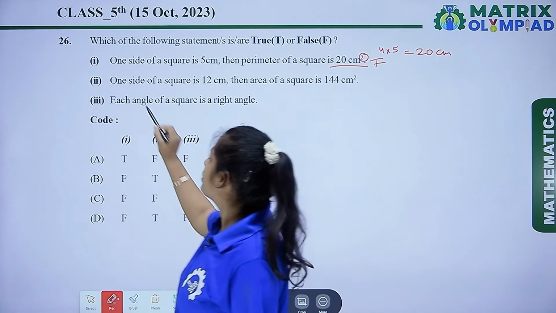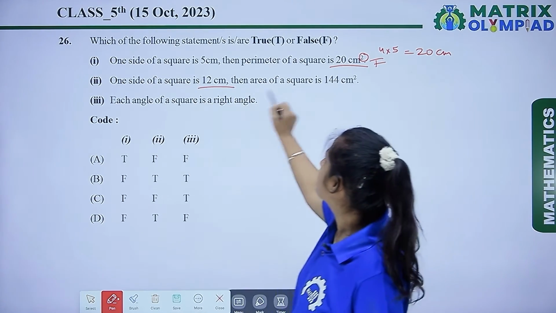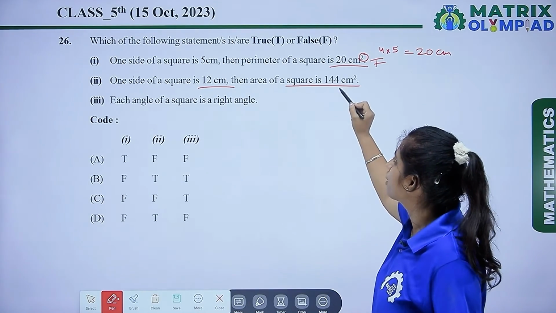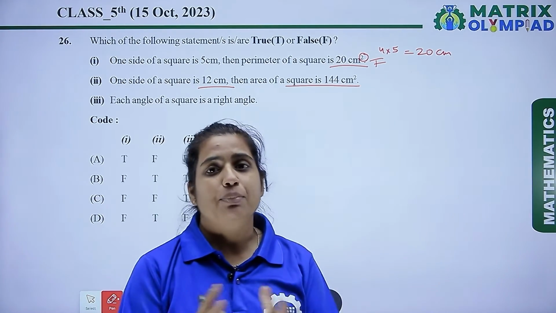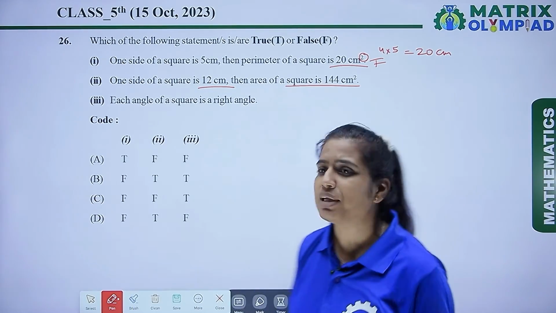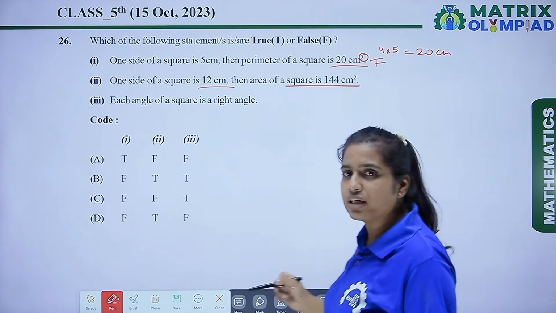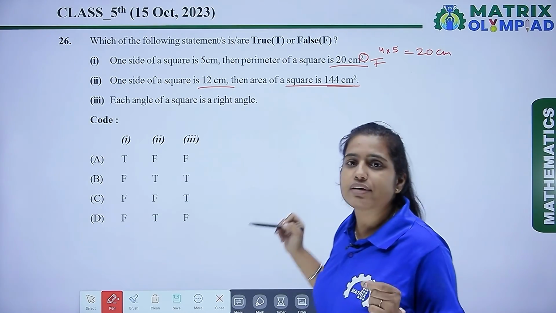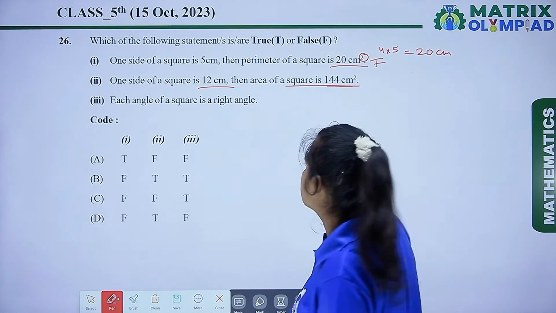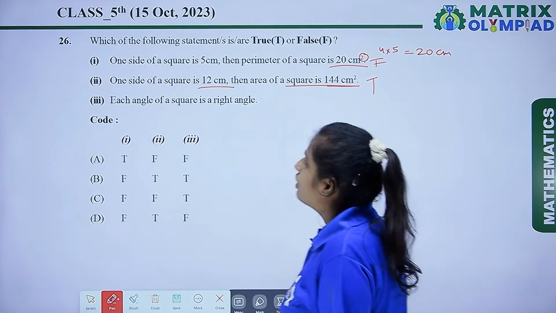नेक्स्ट स्टेटमेंट है आपके पास वन साइड ऑफ अ स्क्वायर इज 12 सेंटीमीटर, देन द एरिया ऑफ स्क्वायर इज 144 सेंटीमीटर स्क्वायर. तो 12 सेंटीमीटर साइड दे रखी है, आपको एरिया फाइंड आउट करना है तो एरिया आप इजीली फाइंड आउट कर लोगे साइड इनटू साइड करके. तो यहाँ पे जब आप एरिया फाइंड आउट करोगे तो हियर यू विल गेट 144 सेंटीमीटर स्क्वायर. सो दिस इज अ करेक्ट स्टेटमेंट. नेक्स्ट